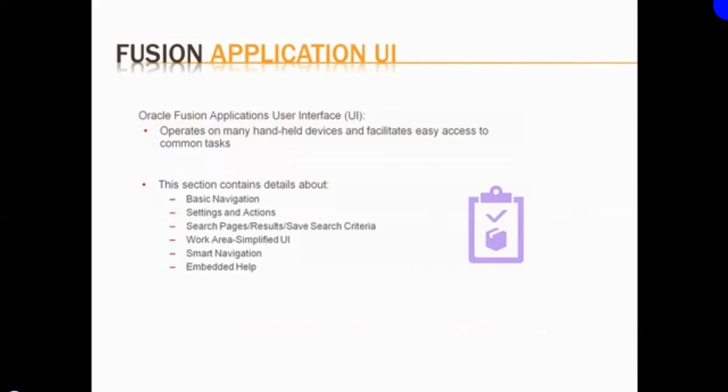When I say releases like this, what we need to know is that Fusion is a very new product and it is evolving. Oracle keeps improving the features and adding functionalities in many modules. That is why every year is like a major upgrade. Release 13, coming up in June, is one of the biggest ever upgrades in the Fusion applications. It is going to come with a large number of features.